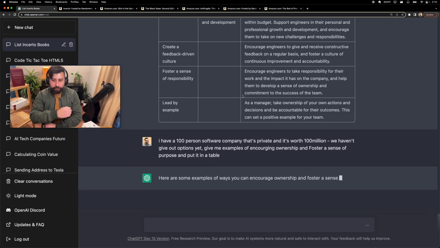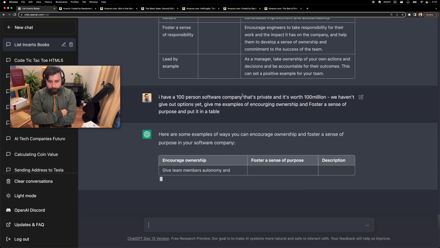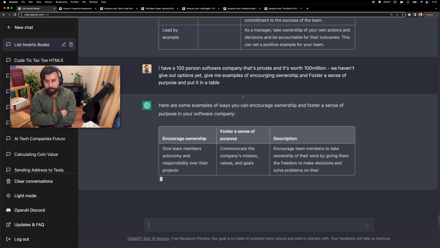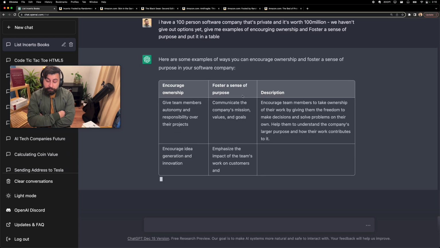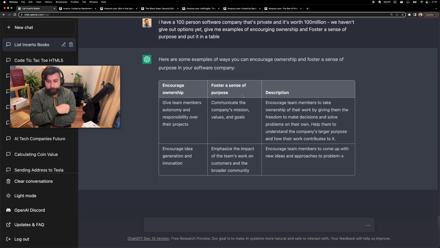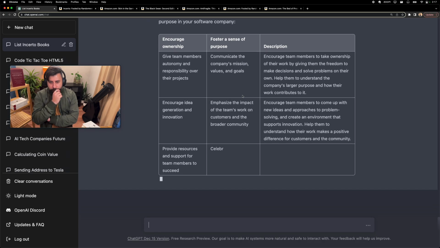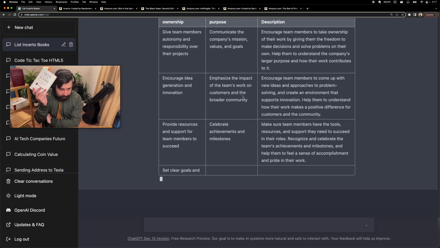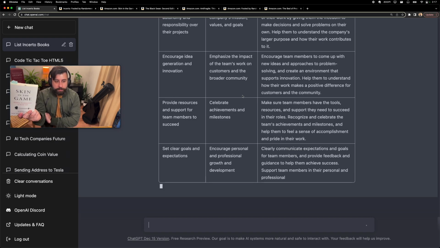This is going to be really cool. Okay. I don't think it will take a breakdown from the numbers I gave, but that'd be kind of cool. It's too vague, right? Encourage team members to come up with new ideas. You know what? I still love this. This is a way you could take the brilliant ideas from this book and put them into your business